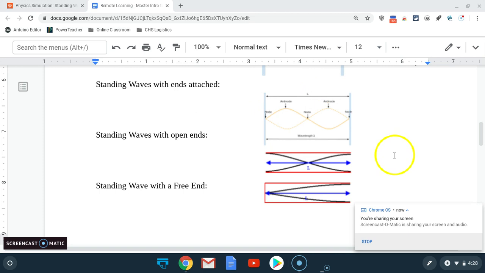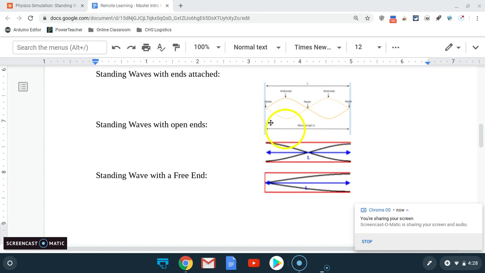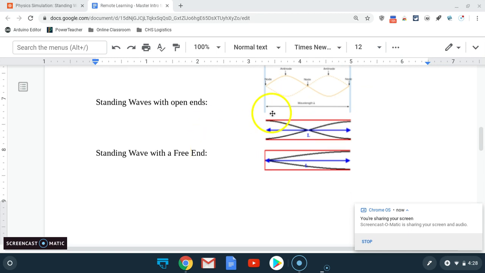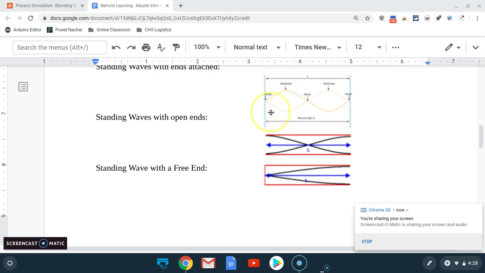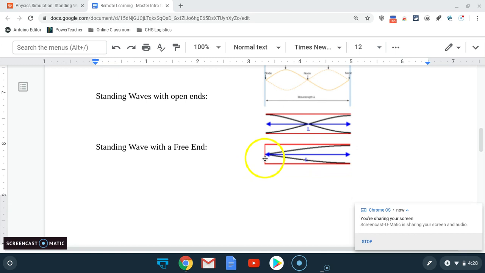And there's three different ways you can set it up. You can set it up where the ends are stuck together. You can set it up so the standing wave has open ends on both sides. Remember, that example was our flute. The example for ends attached was a violin. And then the one where one end is free and one end is not, good examples of that would be a clarinet, or another great example of that would be the equivalent of if